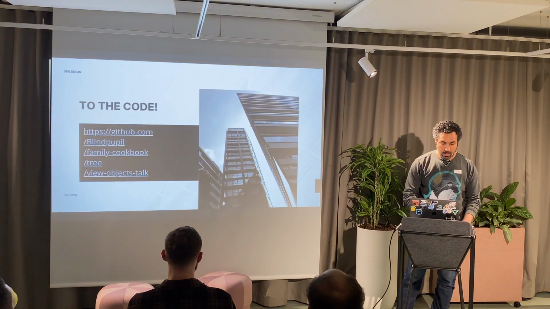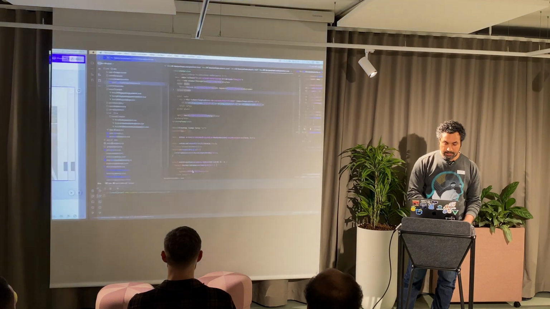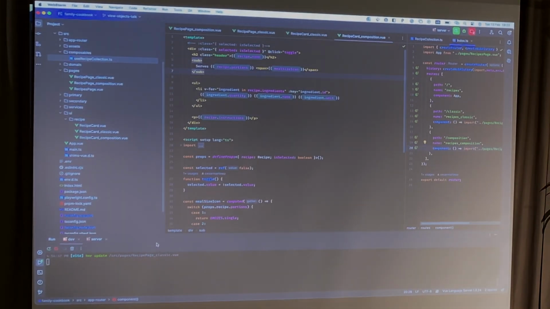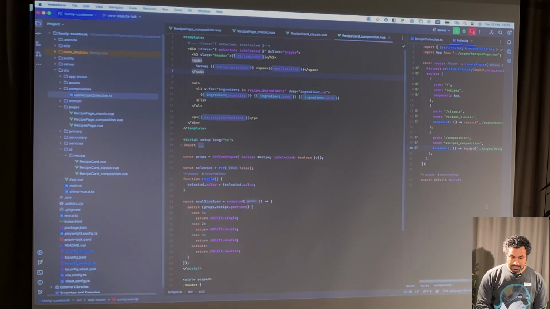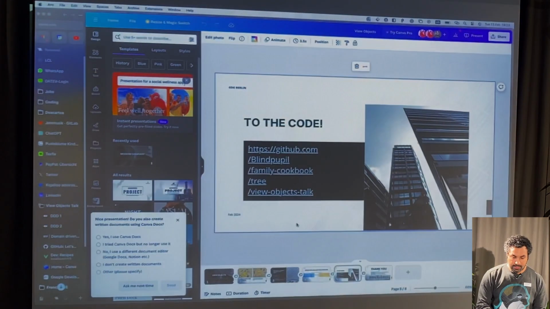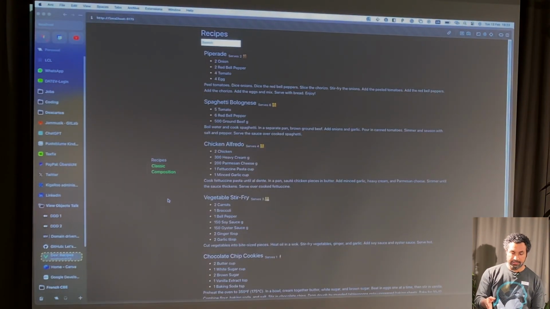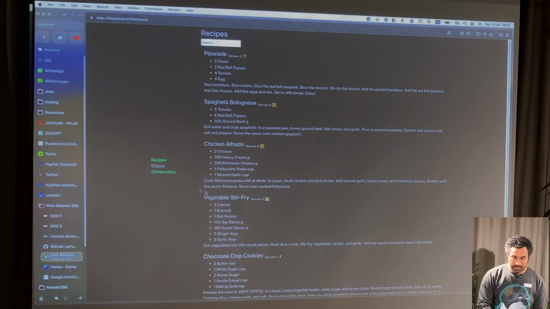Okay, let's go to the code. The code is right there on this GitHub page, and that's what I'm going to show you here. The code is already running. We can probably close this, and let me show you what is actually running. You have this little application here. This classic and composition just means that I'm using classic